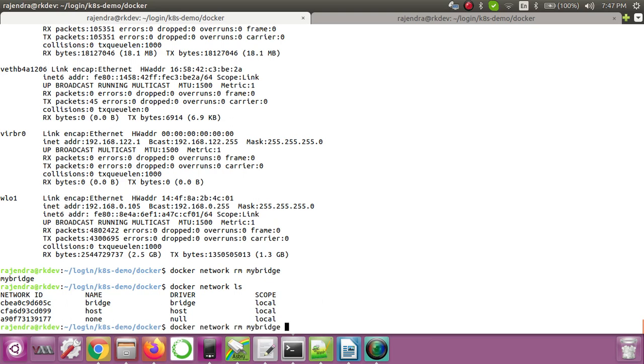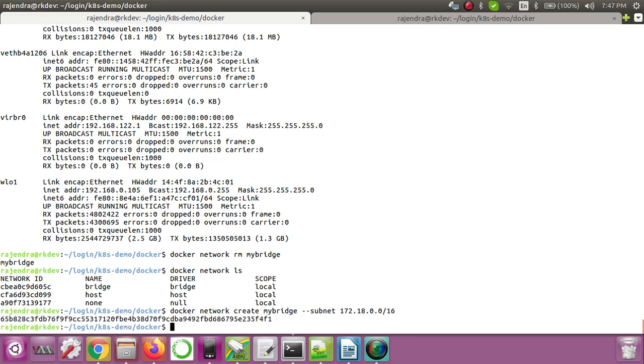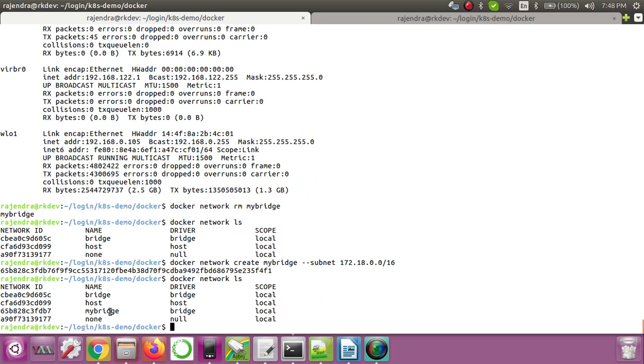But again, let me just use the prune command as well. What I want to do is create a network. So I'm just again creating my bridge network. If I do ls, you can see that my bridge is added.